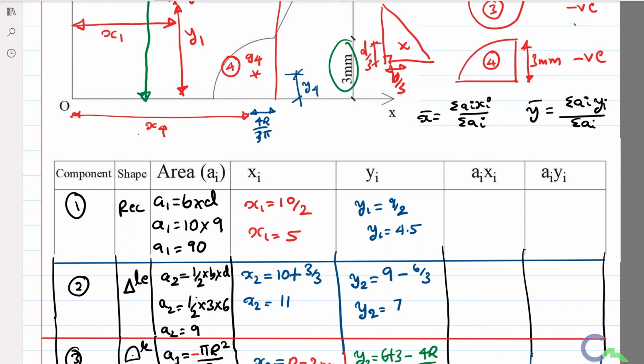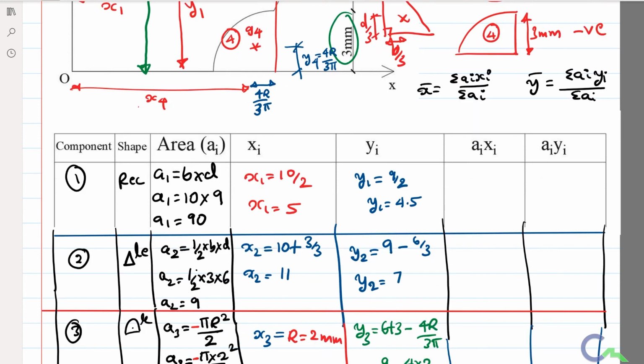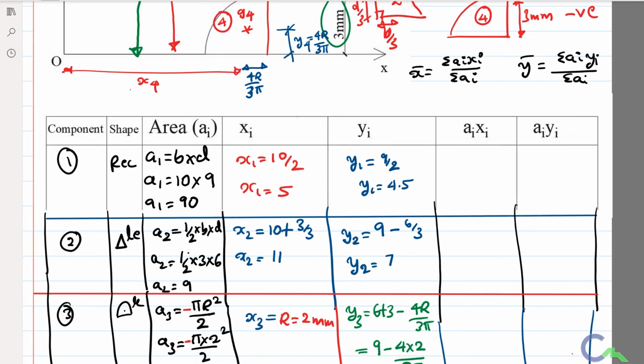So from the derivation we know that this distance will be 4r by 3 pi. That is the centroidal distance of a quarter circle. Similarly, y4 I can take directly as 4r by 3 pi. You can check the first video in this series, in which I derived the centroid for all the basic figures. So x4 I can take,